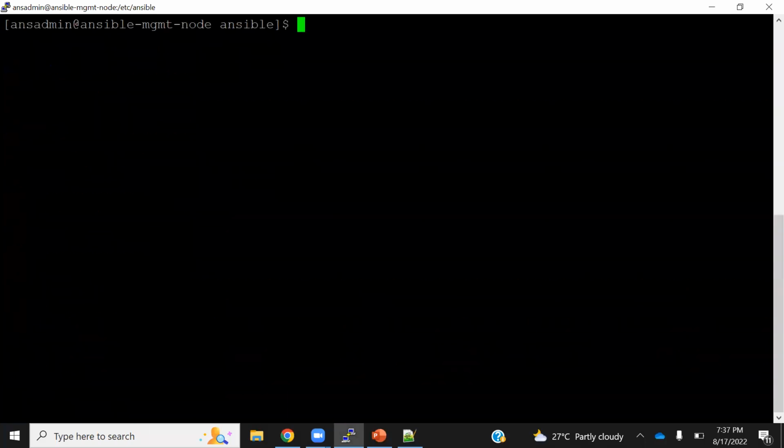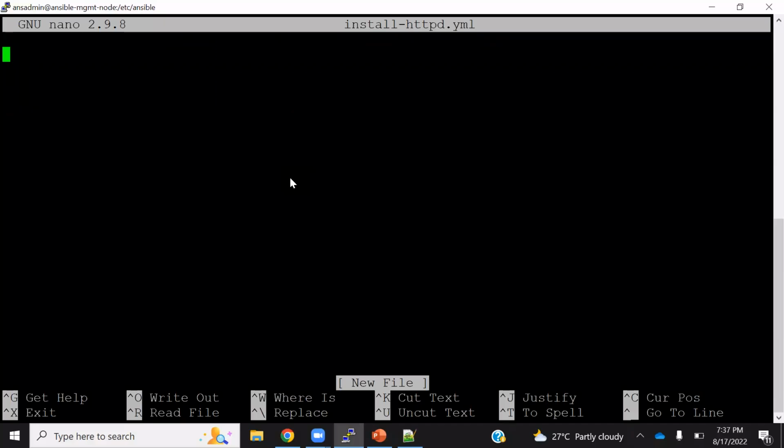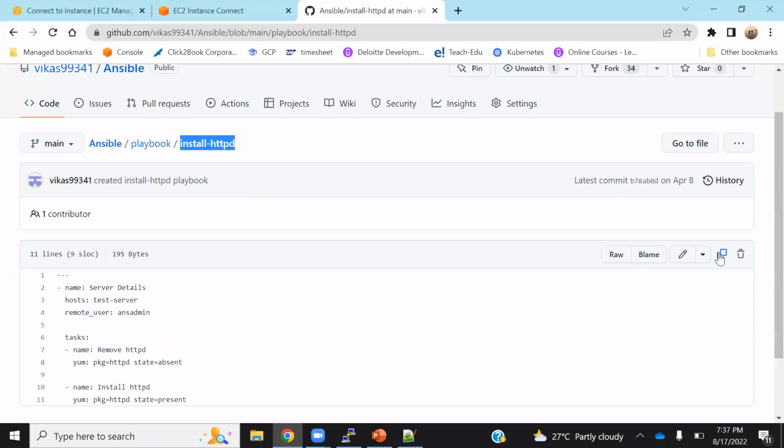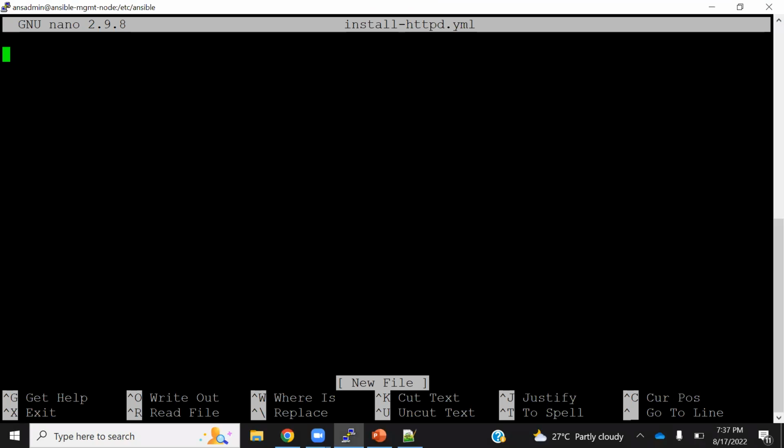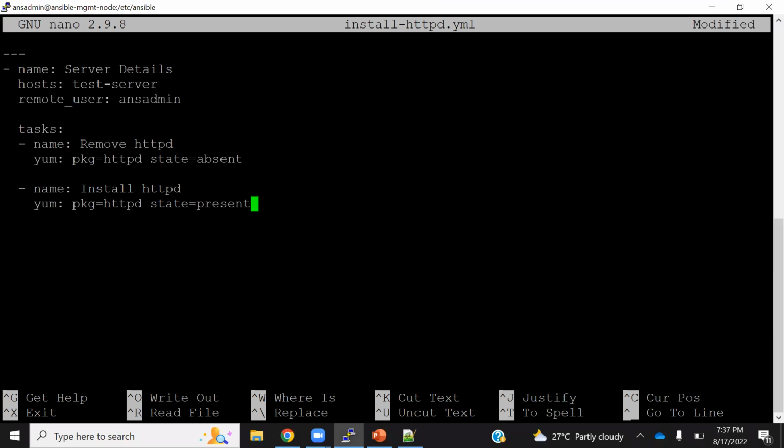One very good thing you see here is that by sitting on your master node or Ansible management node, you can completely take control of your worker node. So I will say sudo nano dot YAML, and I will take this piece of command. Now, if you see here, it says,